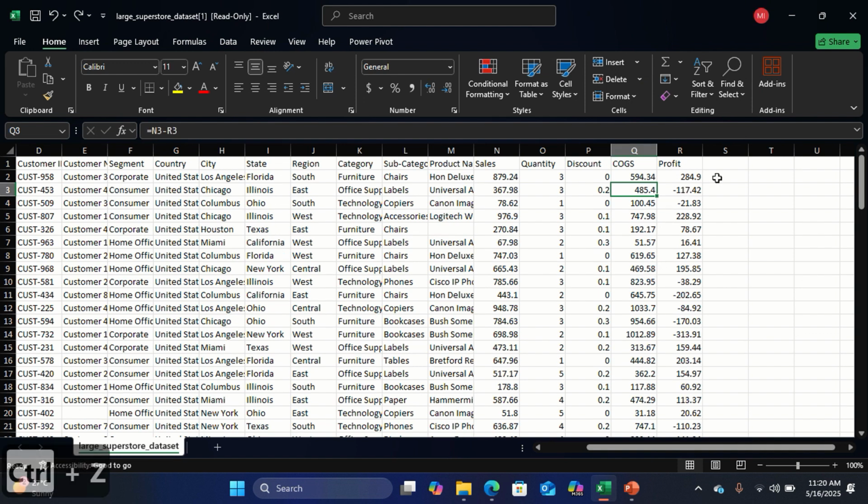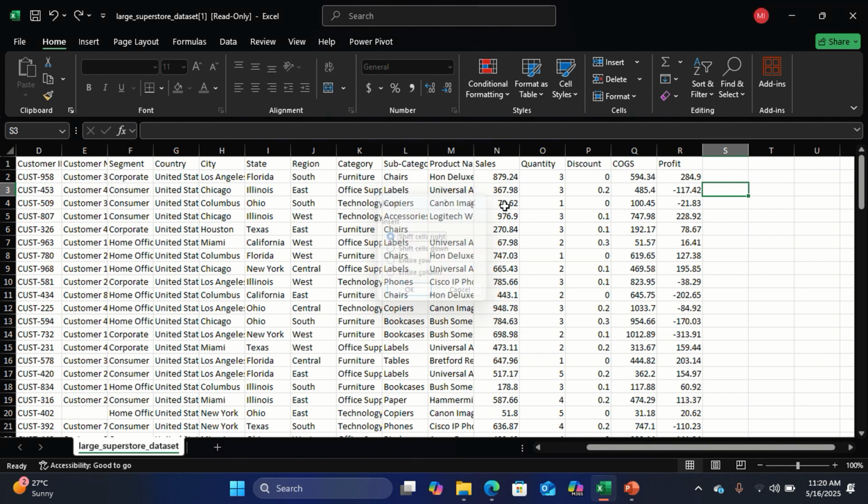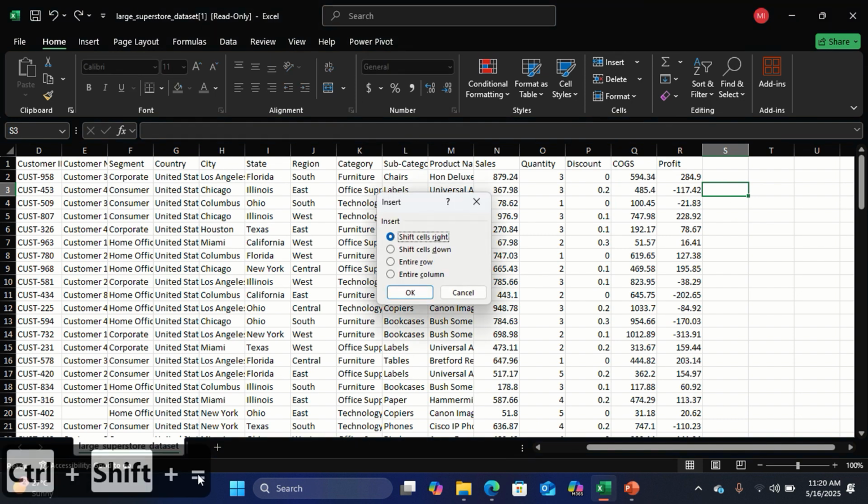Now the shortcut which I was going to show you is, instead of right clicking, if you're tired of the right clicking, just use Control and plus. That is Control Shift plus. This gives you this dialog box, and then you can just quickly add. Take that again, Control Shift plus. Forget this equal to. This equal to is showing you the button you're supposed to press, because the plus is found on top of the equal to button, right? So that's